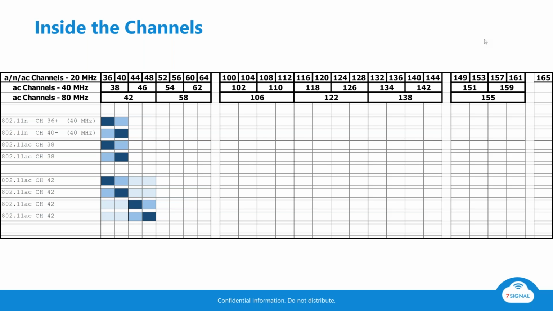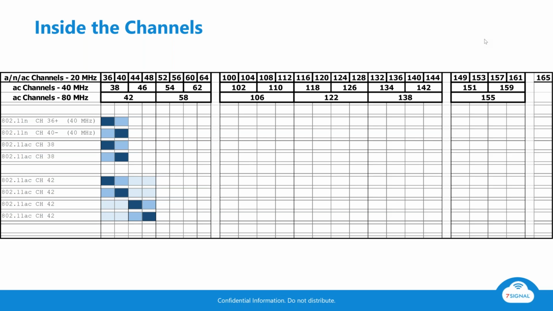The next two lines down for 802.11ac, you'll notice that the channel number has changed, and 802.11ac tried to reduce the confusion by all of that plus minus business by just taking the center frequency and making that the channel number. So we can see that we have that same situation where there's still a primary and a secondary. In this case, they're named the same, and that characteristic is inherited from the 802.11n channel behind it. One thing that's different though about 802.11ac, and this is a tremendous improvement for efficiency, is that while you have to have the whole 40 megahertz wide block for 802.11n to be available, with nobody else transmitting on it, before the radio will transmit,